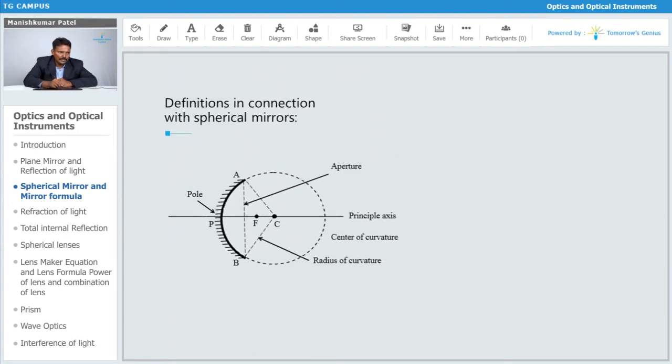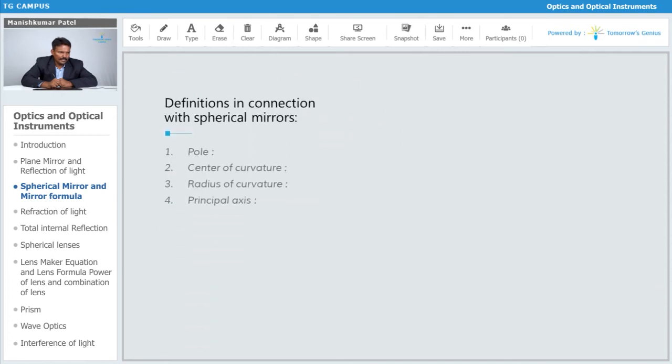So the linear aperture, this is what we can say: your linear aperture over there. And definitely, again, I will say that about the angular aperture. So this one I will call an angular aperture, and this one, the straight one, I will call a linear aperture over here. Okay, so this is what we can say.